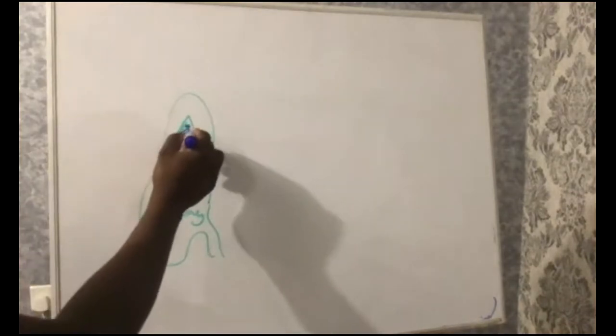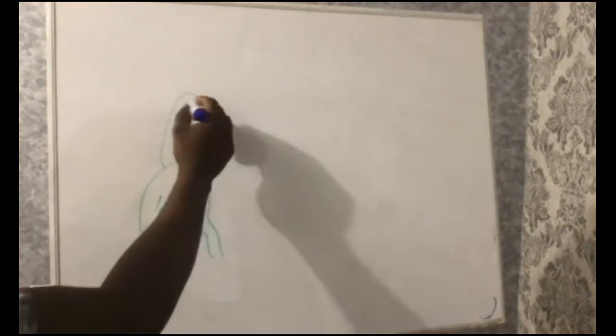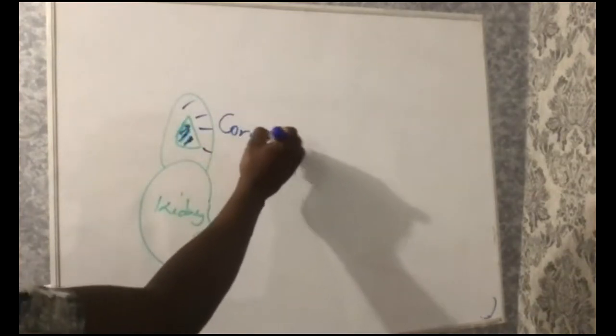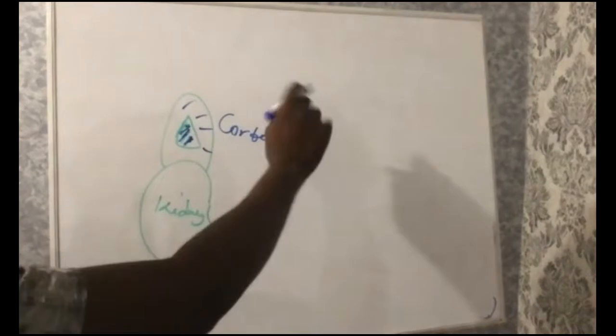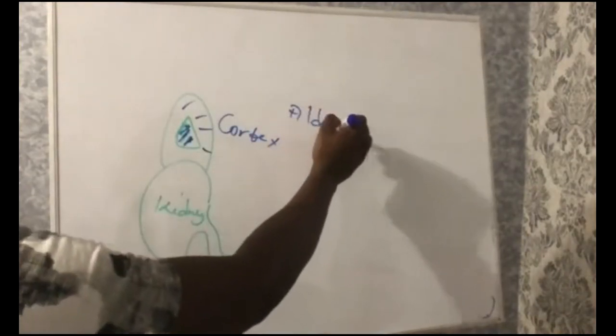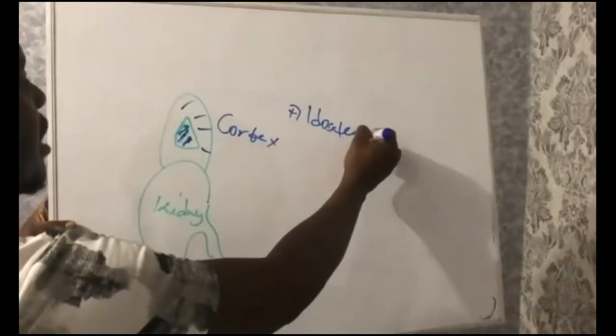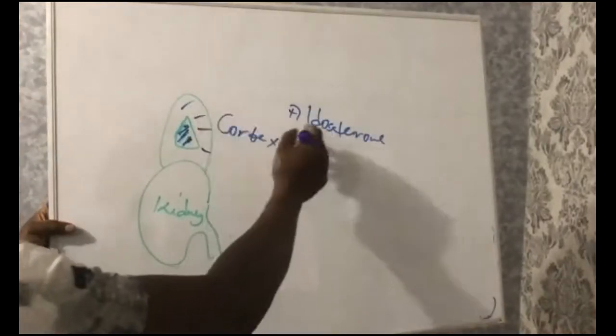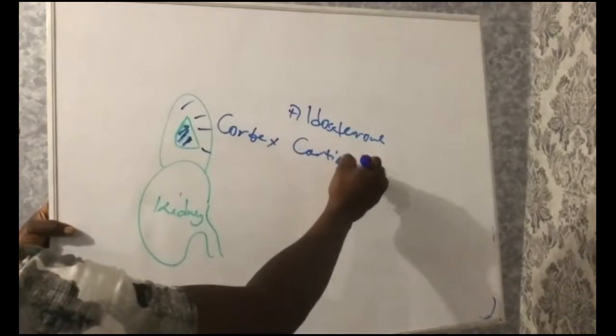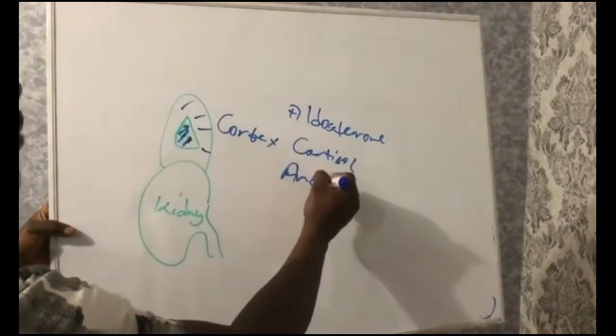Yeah, it's working. So the middle of that structure is called what? Adrenal medulla. And the outer part here is called what? Cortex. The cortex produces 3 hormones, okay? They are what? Aldosterone, right? Now let's talk about aldosterone. And it also produces what? Cortisol, right? And it produces androgen. But let's talk about